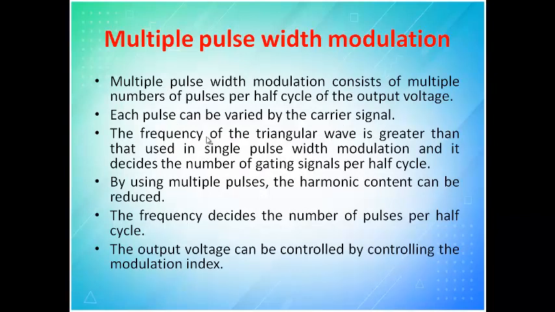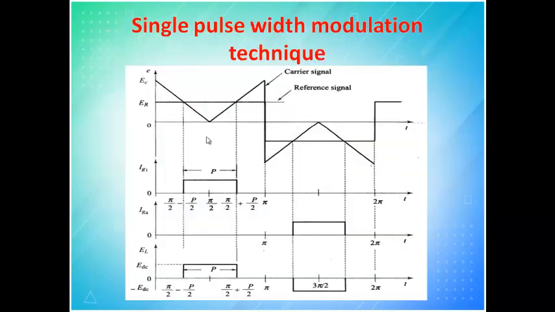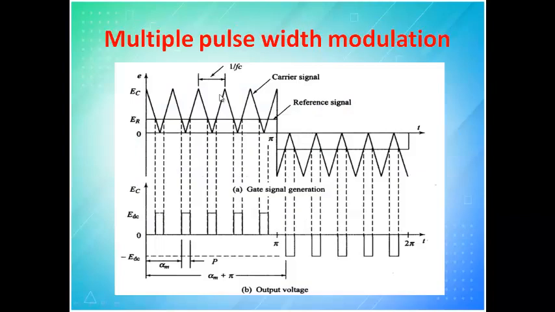The frequency of the triangle wave is greater than that of the single pulse width modulation, and it is decided. So here you can see, here the frequency is less. When you compare here, the frequency is very high. So whenever you go for converter application, you talk about 25 kilohertz and all. So this is how we have to do. But when you say positive, negative and all, this is for an inverter application. So for an inverter you say it as positive, negative, whereas for a converter you will talk only about unidirectional. You don't talk about the negative and all.